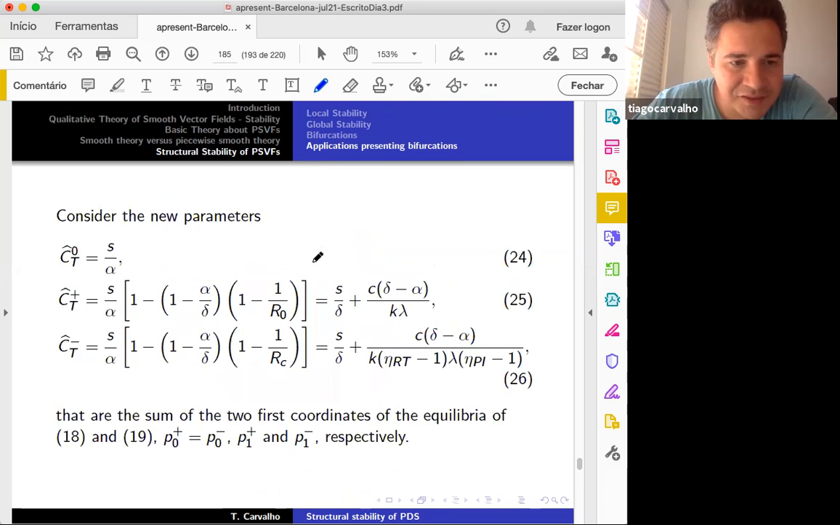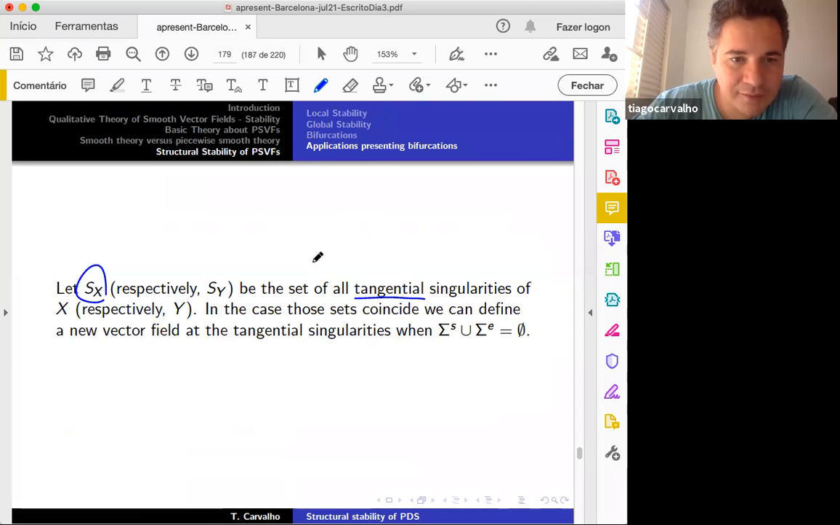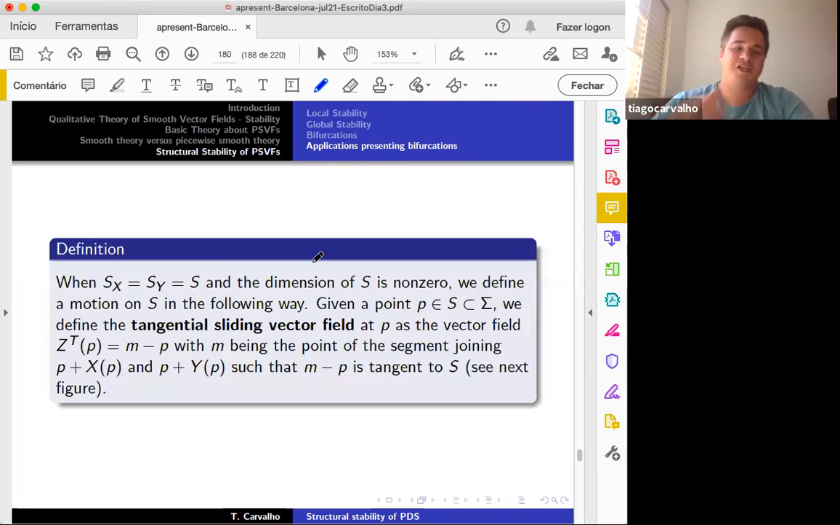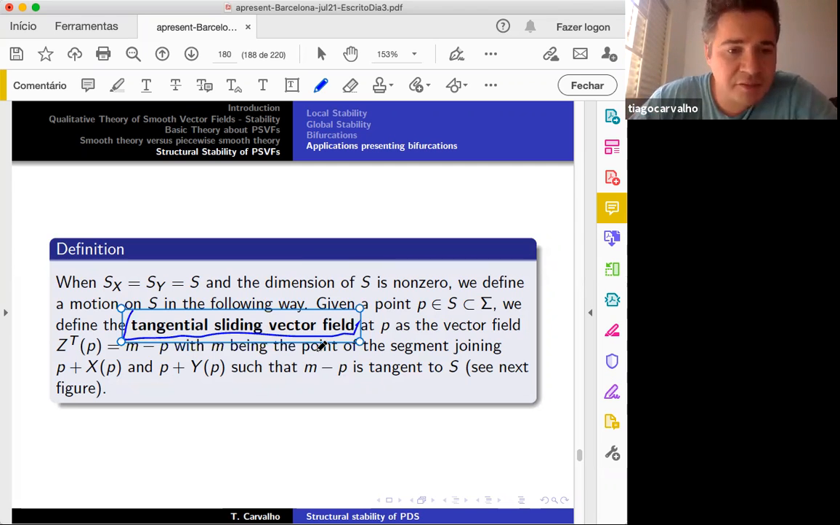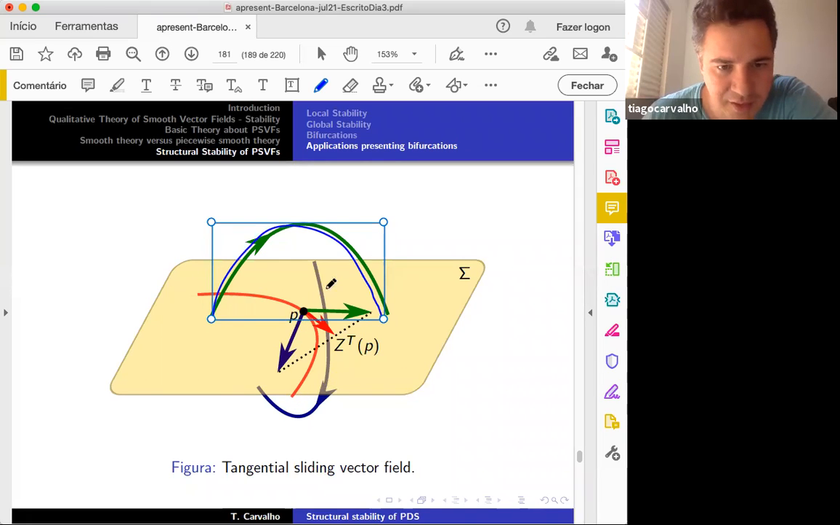And at this tangential line, we define a tangential sliding vector field. Not a sliding vector field, because sliding vector fields are defined for sliding and escaping regions. But here we have a tangential sliding vector field. Why are we defining this? Because, for example, if you have a vector field here, tangent to this red line, and another vector field, also,